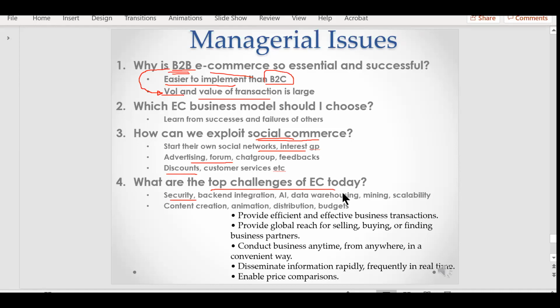The moment they find that, to buy or search for something on your website, it takes like 4-5 seconds for your website to refresh, I can tell you a lot of people will not go to your website because the user experience is not there. They're not happy. It's too slow, right? And to complete a transaction, I must step through so many steps, like 10 steps, filling in so many forms before I can make a purchase. People will switch to your competitors' website and make the purchase there because it's more convenient. People are able to compare things. So it's very important, you have a lot of external competitors all over the place, and you have to